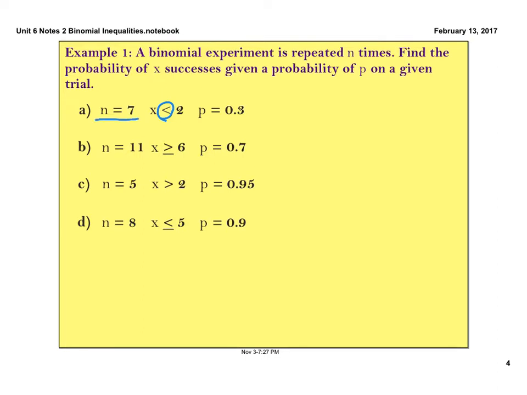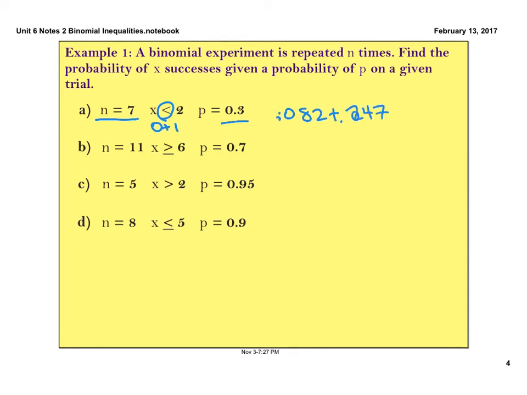So I'm in that 7 section, that 7 box. It's on the bottom of the first page. I want X to be less than 2, which means that I'm taking 0 plus 1. 2 does not count because it's not less than or equal to, it's just less than. And then the probability is 0.3. So go to the 0.3 column, and then you're going to add up the 0 plus the 1, which is 0.082 plus